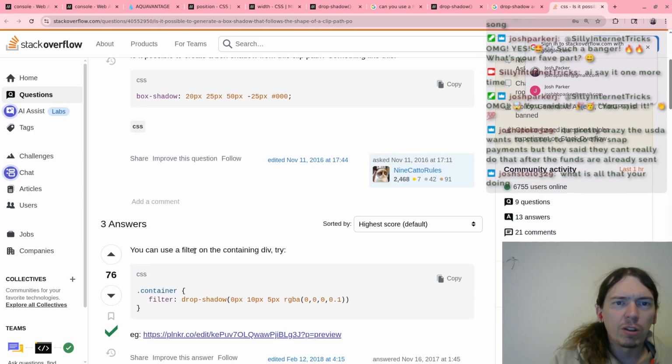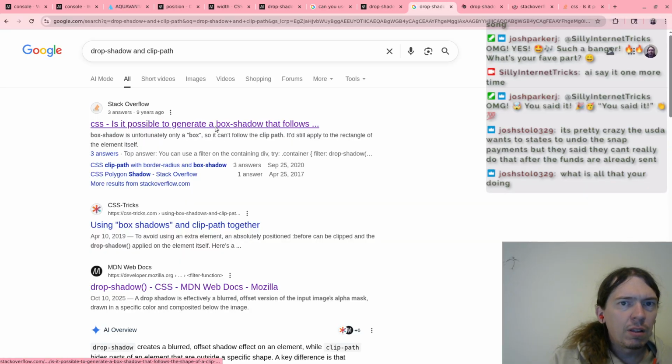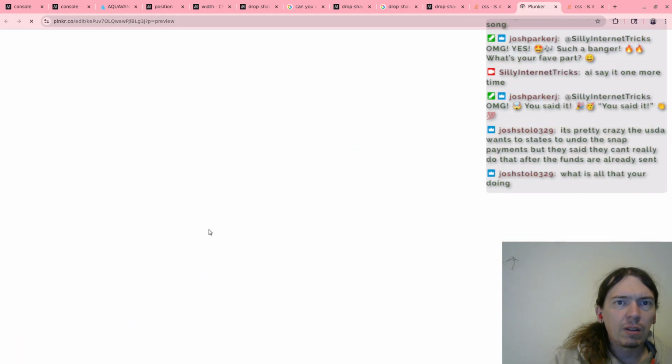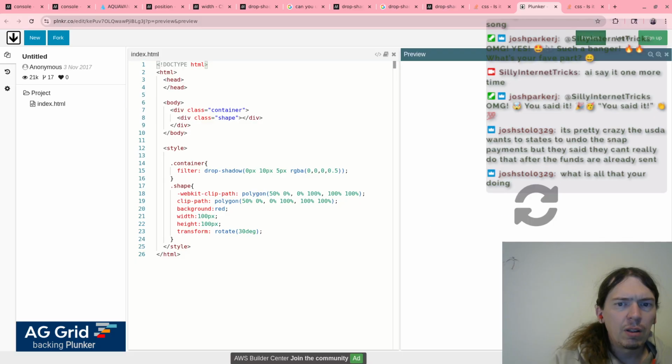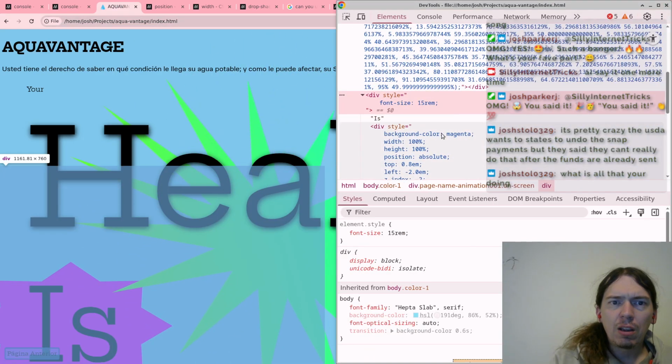I kind of just wanted the actual drop shadow filter, kind of. Maybe it doesn't matter. Or... let's see. So they did container. They did clip path. Yeah, okay, that seemed fine. So then here,